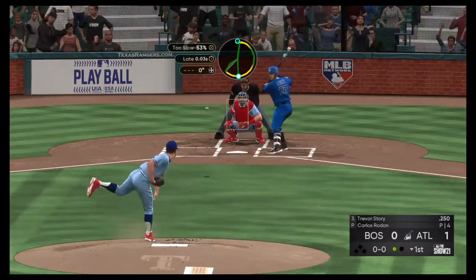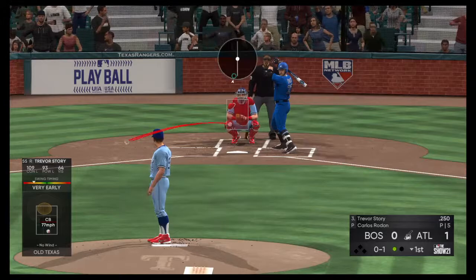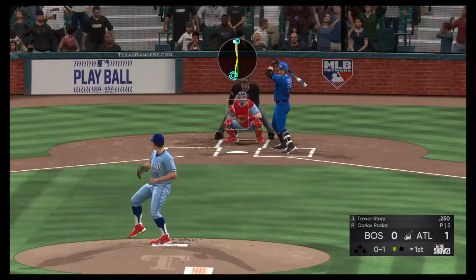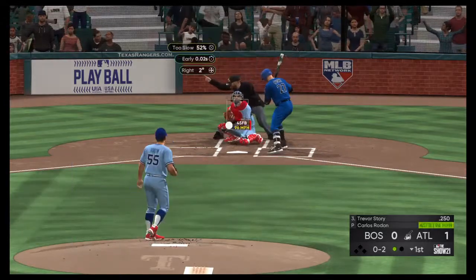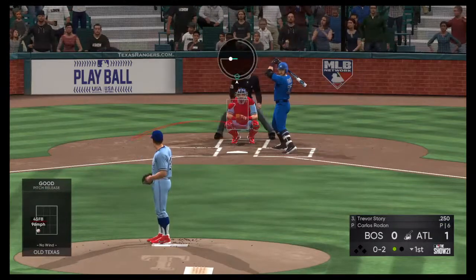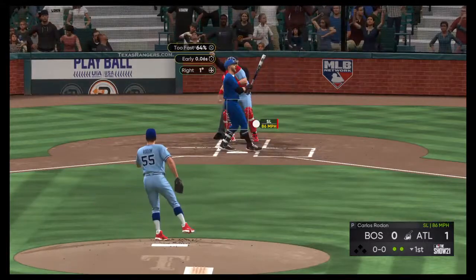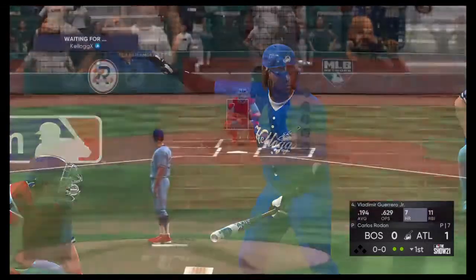And that brings in the power-hitting shortstop, Trevor Story, as he's well in front of the curveball and comes up empty there for strike one. Here's a fastball at the knees. Good spot, good pitch, and it's 0-2. A great pitch there as he couldn't get extended on that one, and he's down on strikes for the second